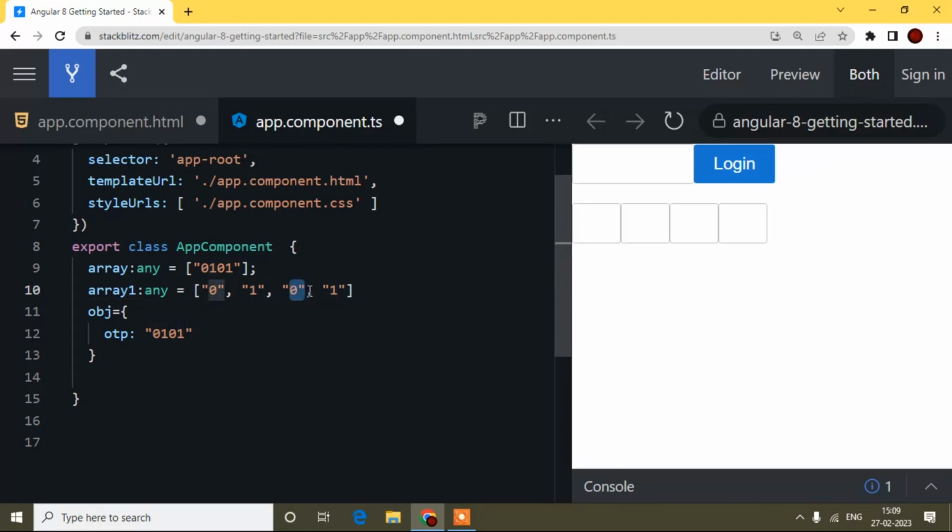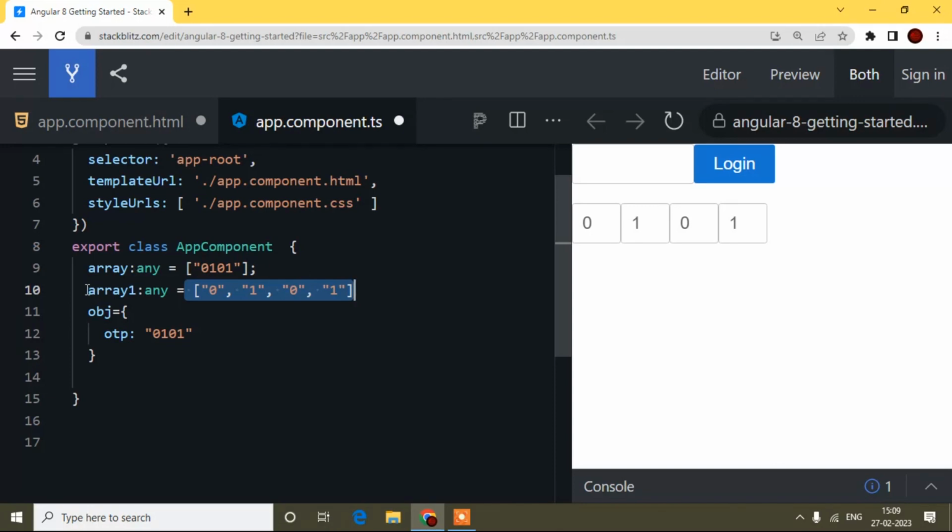This is the first one, so I have to put 0 here. Then 1, the second one, I have to put 1. Then 0, the third one, I have to put 0 again, and after that the last one. So each value I have to add in each input field this way. If I receive it this way, it is fine, but if I receive it in the other two ways, I have to convert those two things like this. Then I can put them easily here, okay. So now the main first thing is how I can convert these two values like the second one.